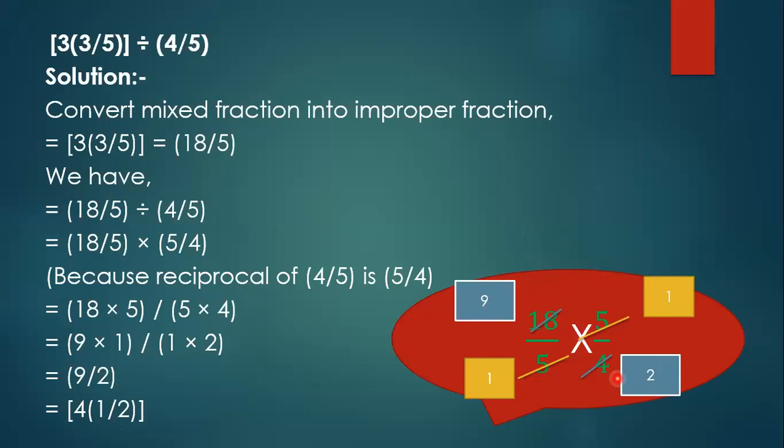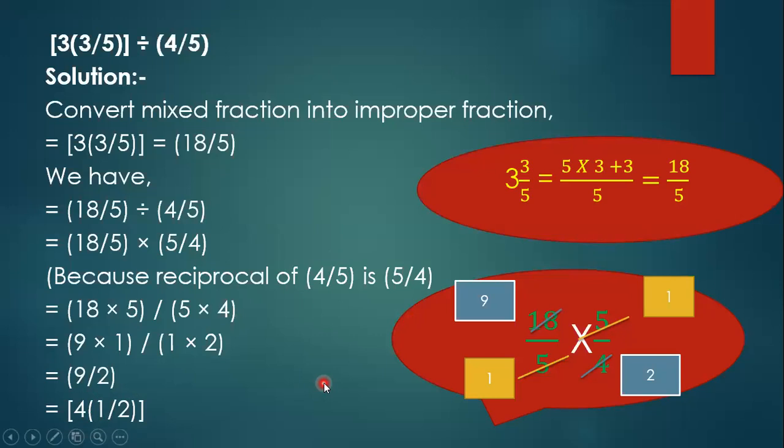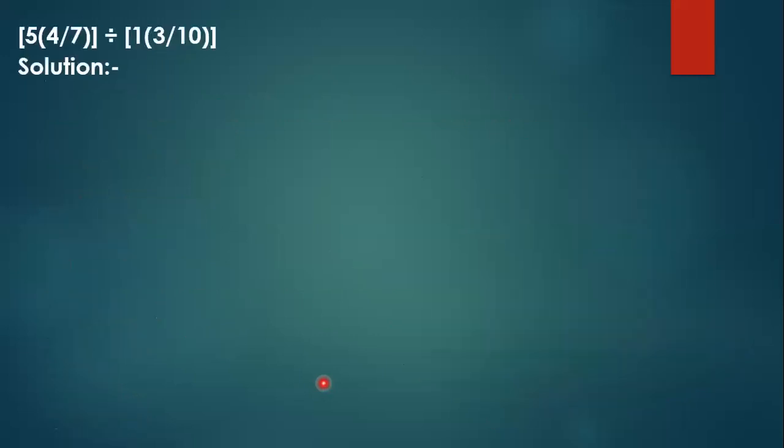Now children, pay attention over here. Here we are getting an improper fraction, and whenever we have an improper fraction, we have to convert it into a mixed fraction. And how do we convert it into mixed fraction? It's very simple. We divide and write it in the form of q r by d. When we divide 9 by 2, 4 times 8, 1 remains, so 4 1 by 2. Children, please remember to do the conversions.